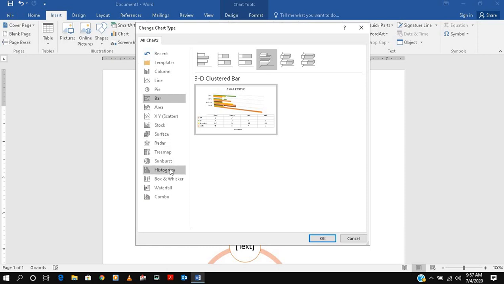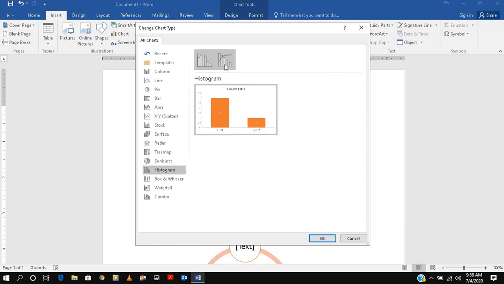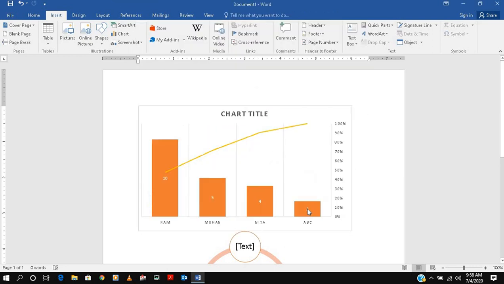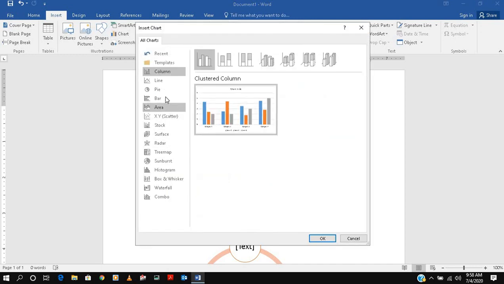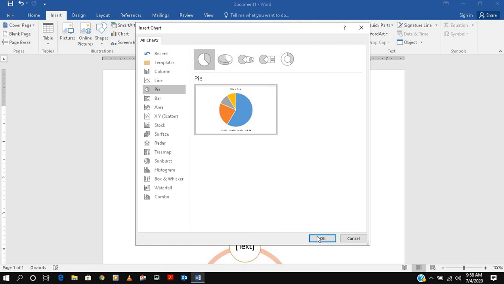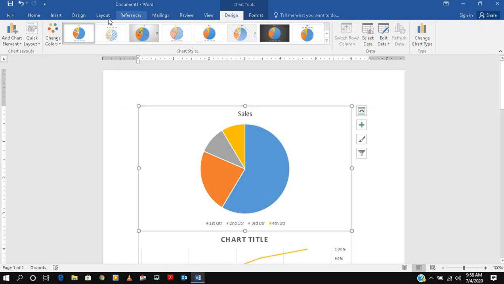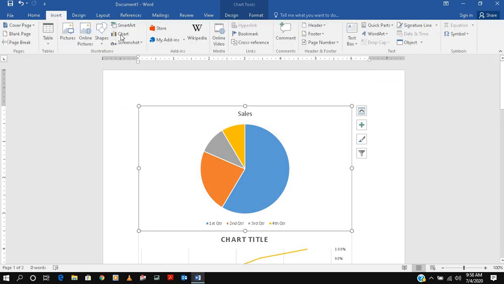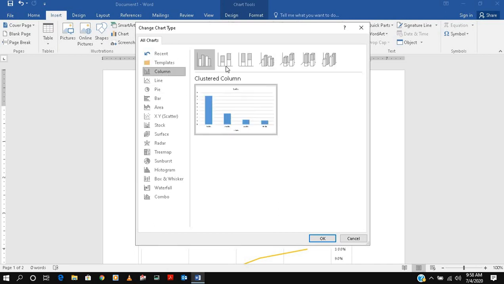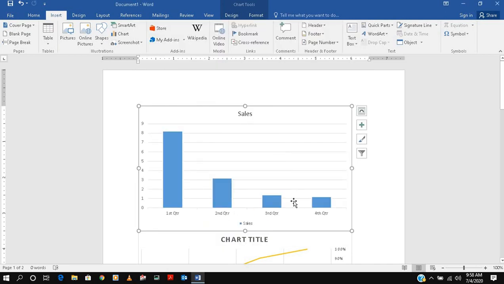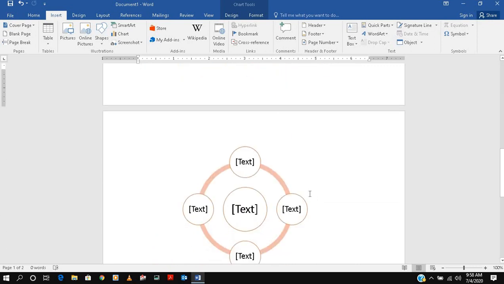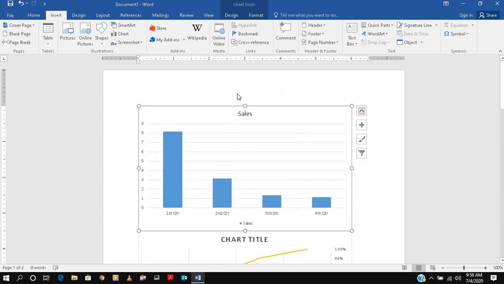Suppose you want a histogram, you have that much, so you can do it as a histogram. So Ram is showing 10. Once you experiment, you will come to know many things. Whatever you do, it comes like this, but a different chart comes for different things. You can't do all the charts for everything. Similarly, as we said, column is coming something, so you can do many things from the chart.